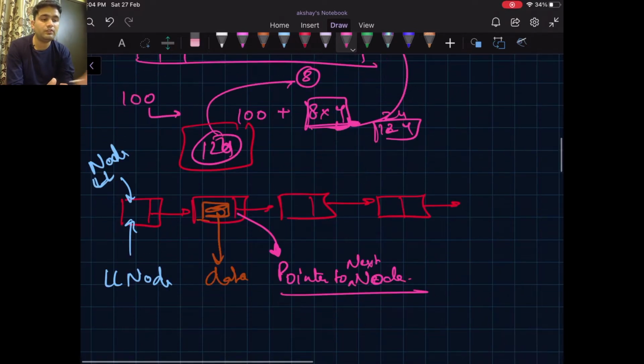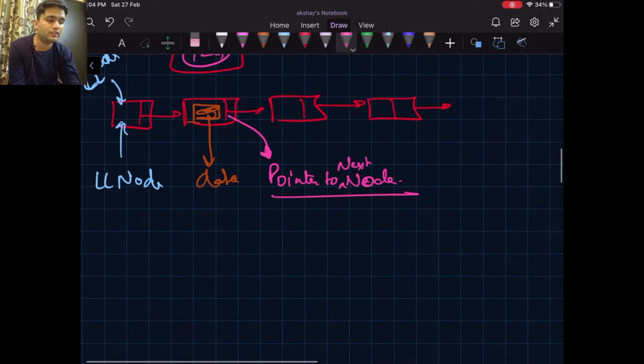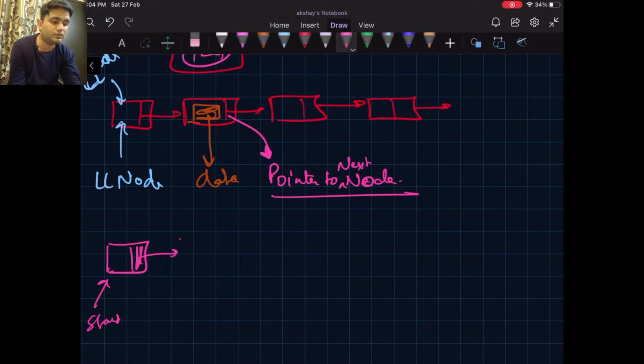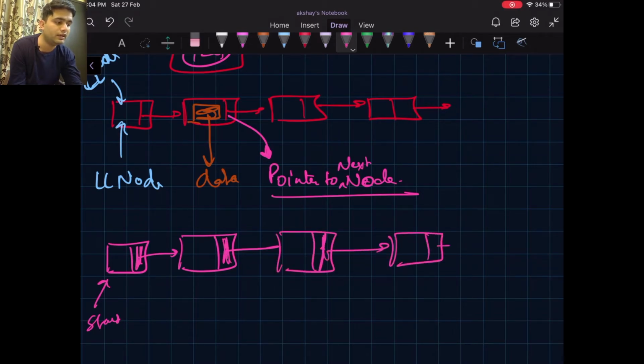Okay, so this is how it is arranged. Suppose this is the start of my linked list, and this start will contain the address to the next node. This node will contain the address to the next node, this node will contain the address to the next node, and so on. And in the end, it will point to null.